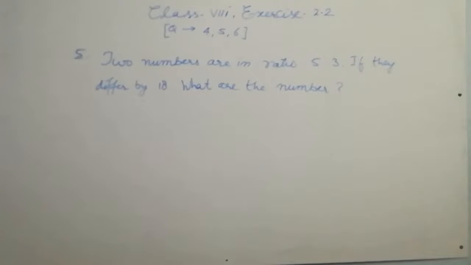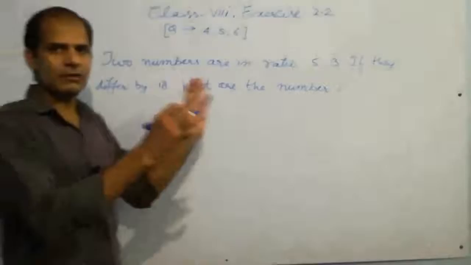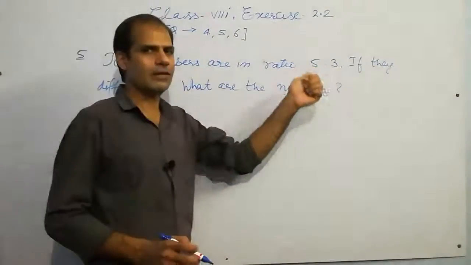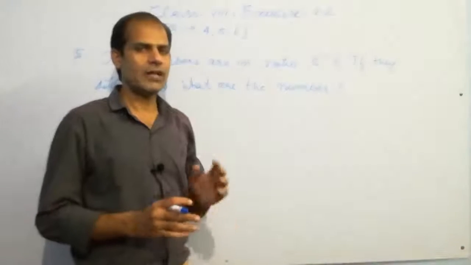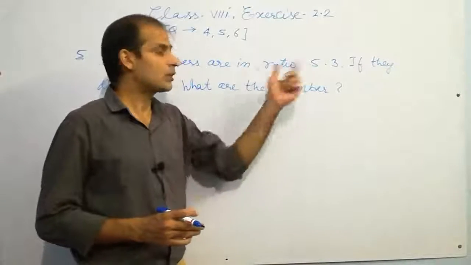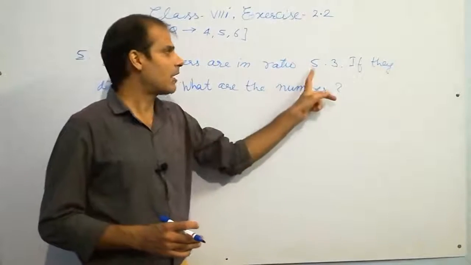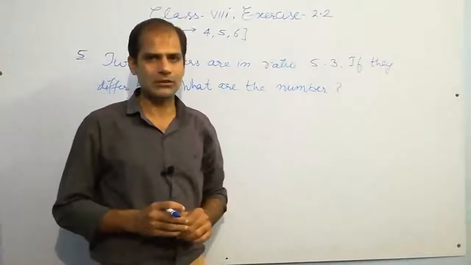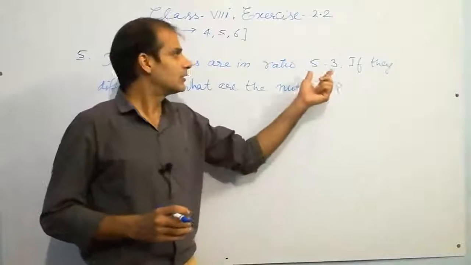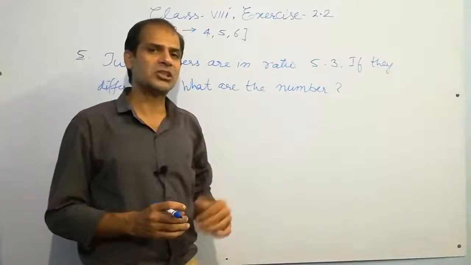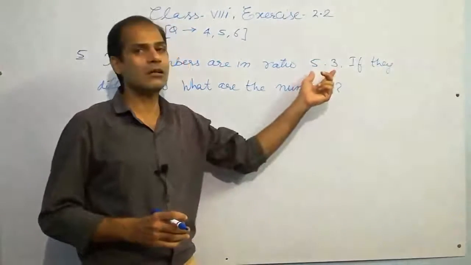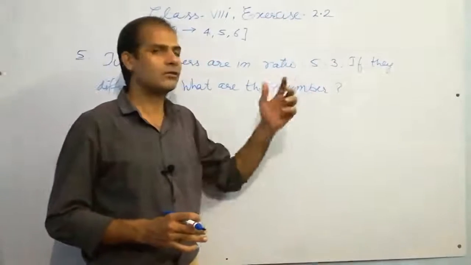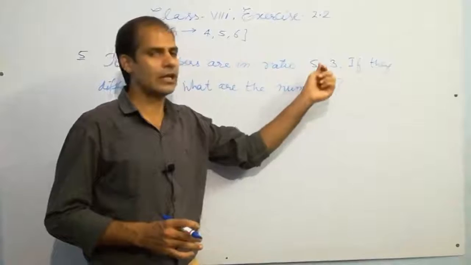Now this is a different type of question. यहाँ पर पैटर्न थोड़ा अलग है. ये रेशियो गिवन है 5:3. So whenever you face this type of problem, consider the numbers as 5x and 3x, because the ratio is the comparison of numbers, not exactly the numbers. This ratio doesn't represent the numbers, it shows the comparison only. So you can imagine that numbers are 5x and 3x.